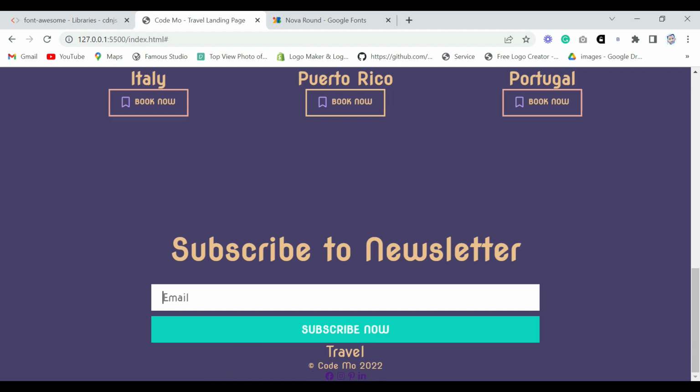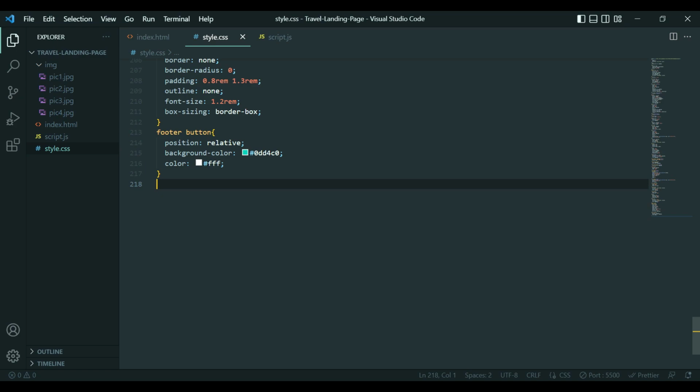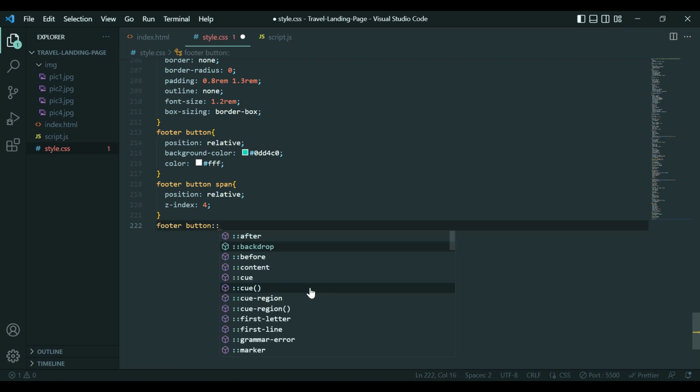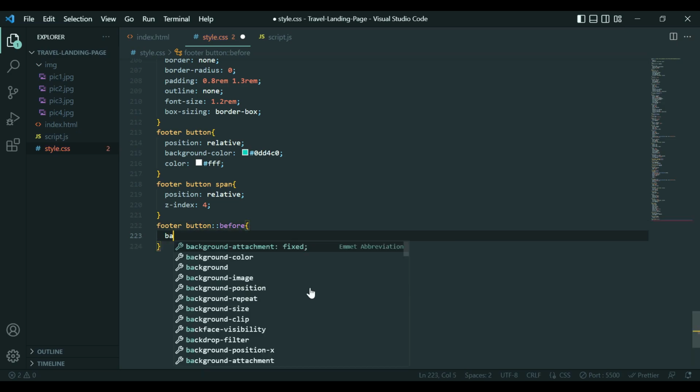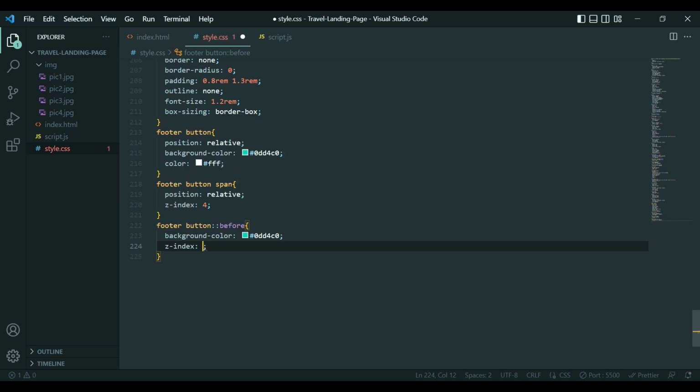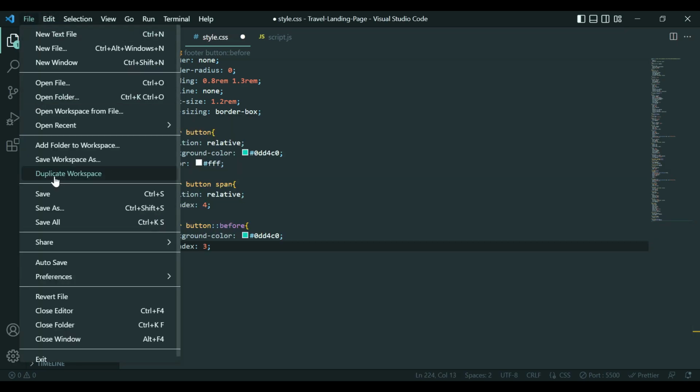So next let's add this button hover effect, okay? So I'm going to say footer again, button, and I'm going to use the span. So position is going to be relative. Also we need to add a z-index of negative 4. Next I'm going to say footer button before. Here we're going to add a background color, and the z-index is going to be 3. Now simply save your file, come back to your web browser,